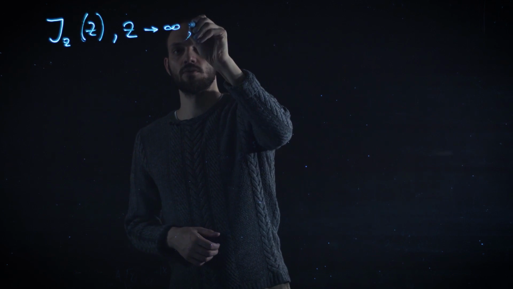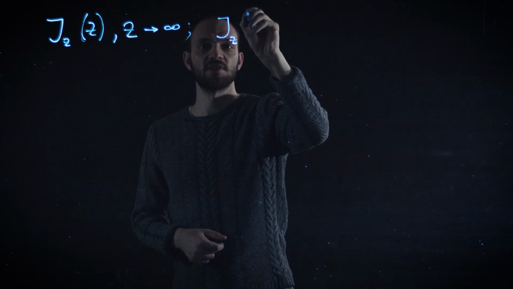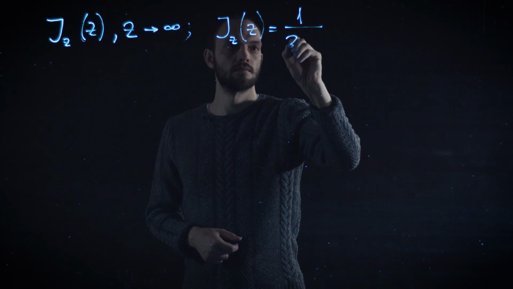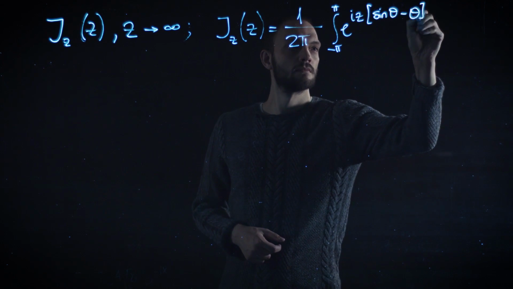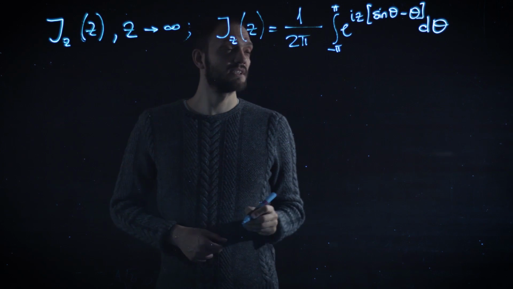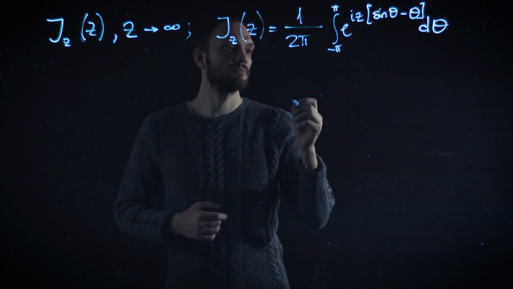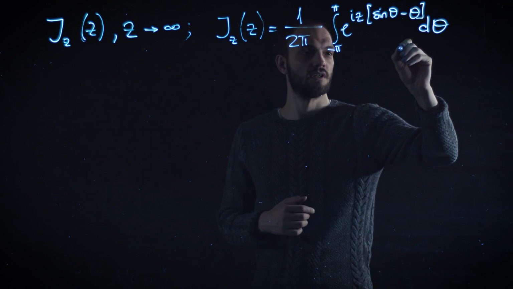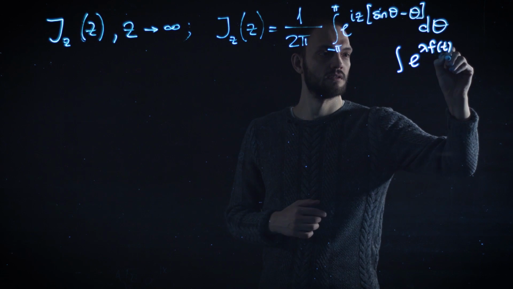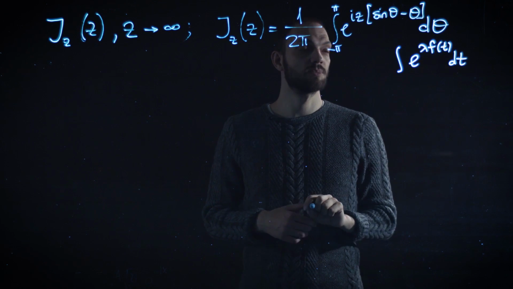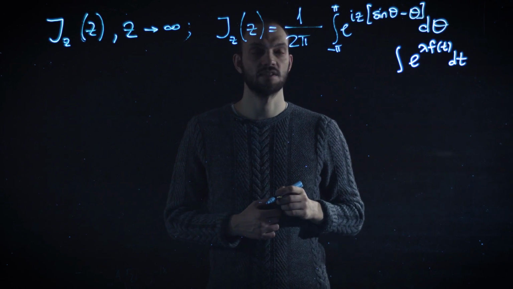with both index and argument equal and going to infinity at the same rate. And in order to consider the asymptotics of this function at large z, we will make use of an integral representation. So at this stage, it is not yet obvious what makes this integral special. From the first sight, it belongs to our standard class of integrals of the form with large parameter lambda multiplying some regular function in the exponent. But let us try to analyze it in a standard manner, and let's see what happens.